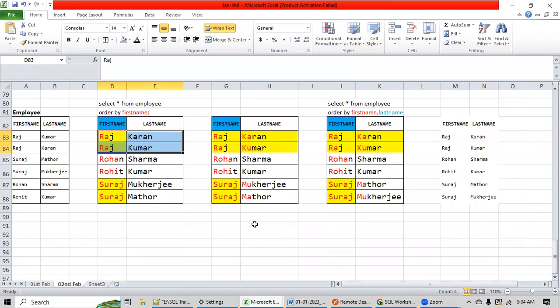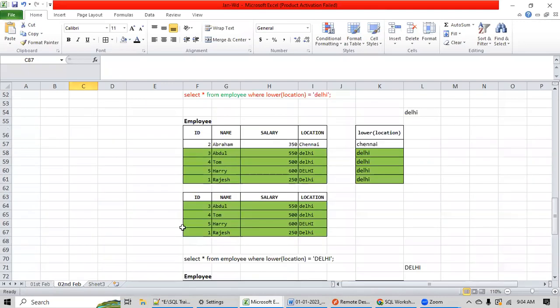Then you will order it, like the stationery items, you will keep in the cardboard or some other place. The departmental items, you will keep in the kitchen, right? Similarly, the sports items, you will keep somewhere else. Exactly the same thing happens here. First of all, you have to select what all you want. Like see here, what we have done. First of all, you have to select what you want.